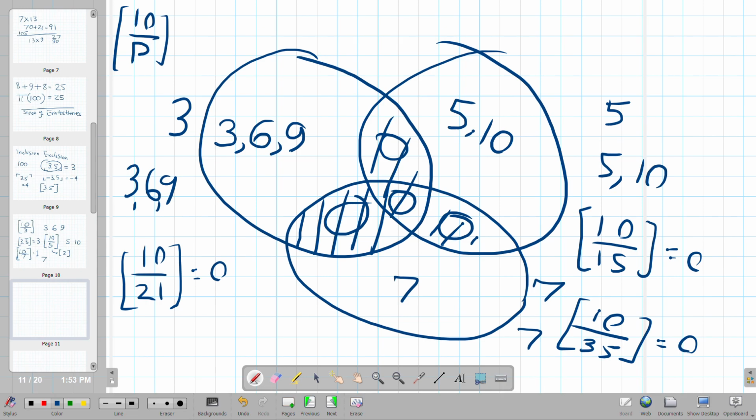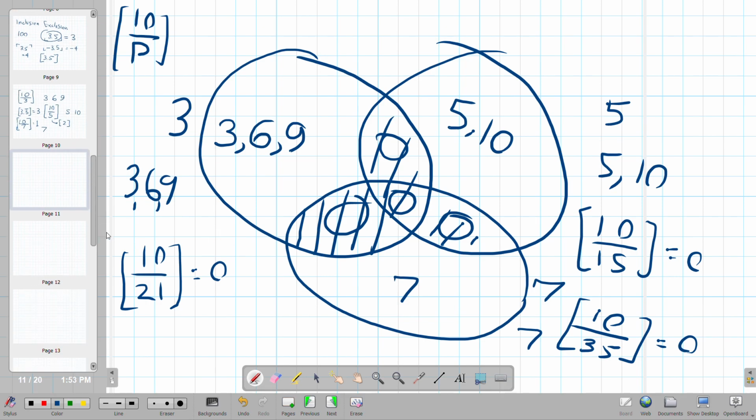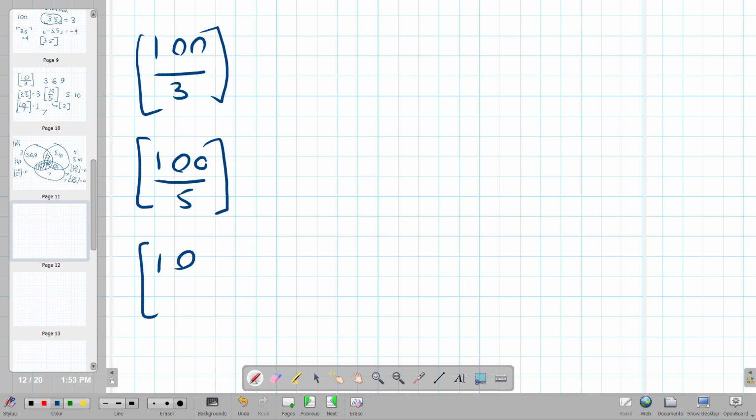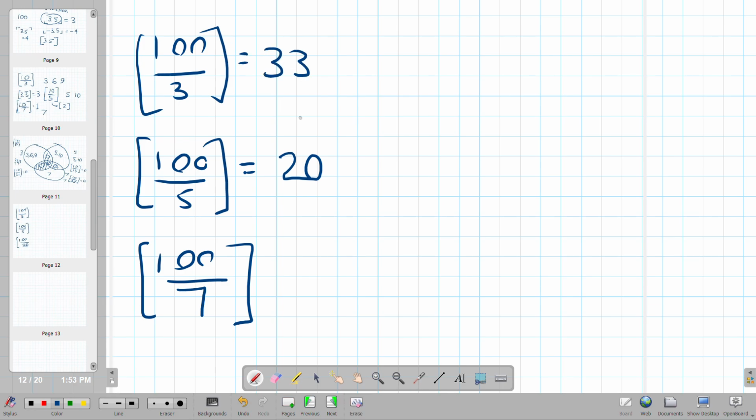Now, when we take this inclusion exclusion concept to say 100, and we do it again for 3, for 5, and for 7, it starts getting a little interesting because we're going high enough. Why did I even put 20? I meant to put 7 there. Oh, it's because I was thinking about 100 divided by 5, which is 20, right? So there's 20 numbers, there's 33 numbers, and there's what? Is it 14? What is 7 times 14 is 28, plus 70 is 98. Sure enough, it's 14,